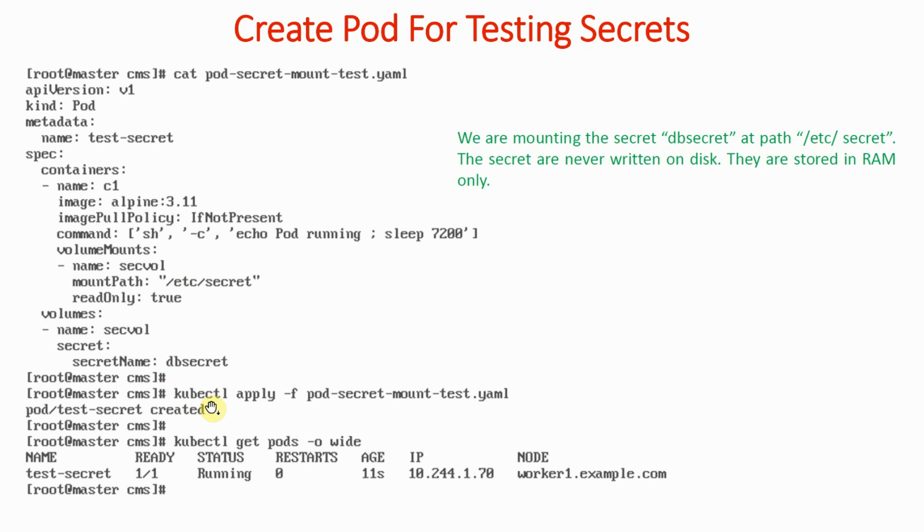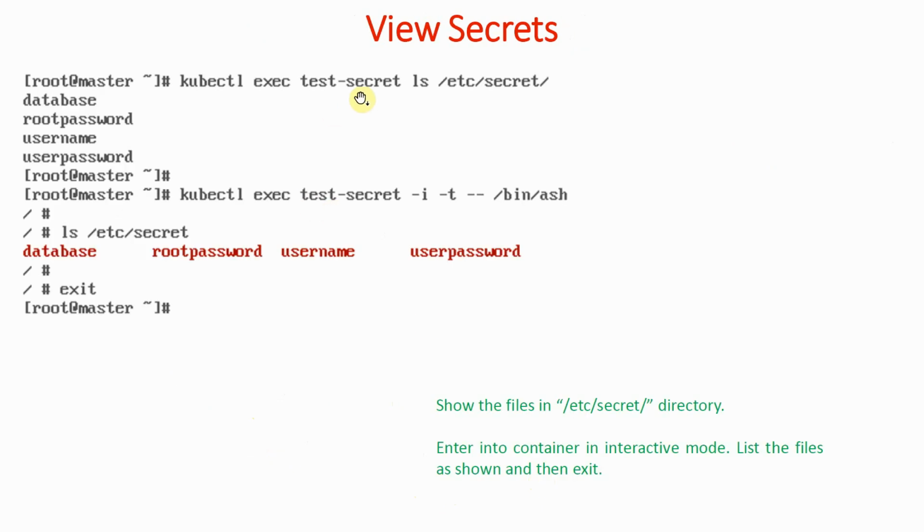So we are going to say kubectl apply -f pod-secret-mount-test. So the pod was created, and with the -o wide option we can view the IP address and on which node it was launched. Now how to view the secret? We will run this command, kubectl exec, the name of our pod, and we are running the command in non-interactive mode. We are saying ls /etc/secret. So what it is showing, that means those four